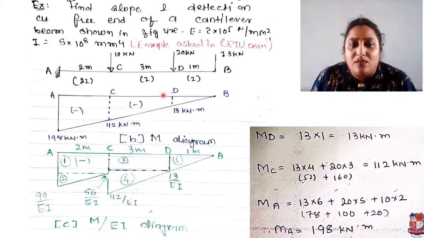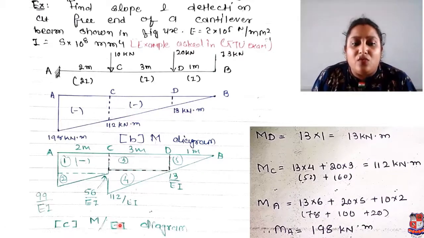Okay. So this is very simple. If you have fundamental knowledge regarding finding reactions, shear force and moments, then you can easily find moments. Okay. And as per our fundamentals of reactions, shear force and moment, we found the moment. Moment is nothing but force into distance. So as per that we calculated moments and we put them over here at different points. Okay. It is downward, so the diagram is negative, all the values are negative, so the diagram is in negative.